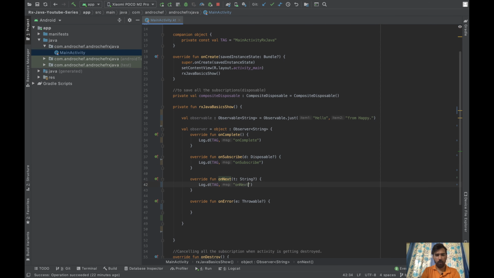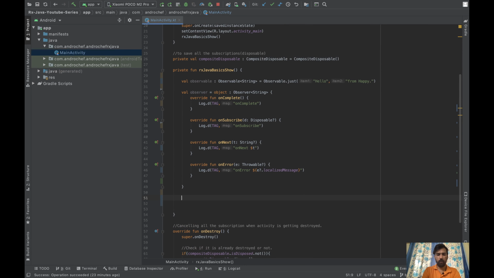This will be onNext, and in that one we will print our value. Now if we have any error, yeah, so now we have our observable and now we have our observer.